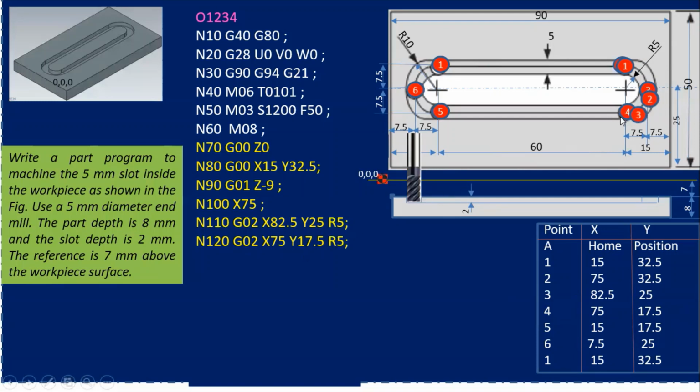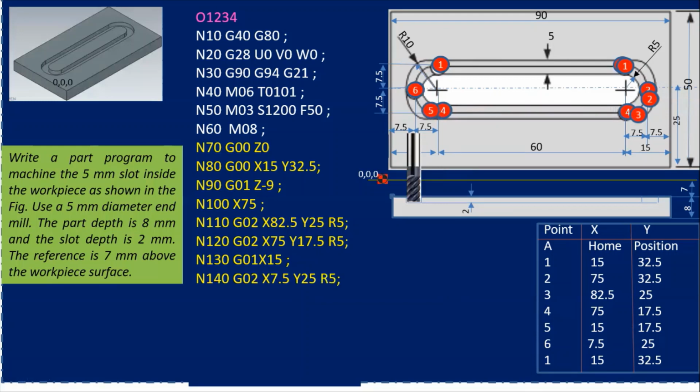Now from 4 to 5. So 4 to 5 means 5 coordinates. Now I write the G01 because it is a linear one. Okay, straight path है. So G01. So in that case x, अगर मेरे 5th के coordinates क्या है? x15 y17.5. Even you can write the 17.5 here. Still there is no issue. Okay, so that is the coordinates of this point 5. Okay, so 4 to 5 यहाँ तक हमारा operation हो चुका है. Then it moves from 5 to 6.